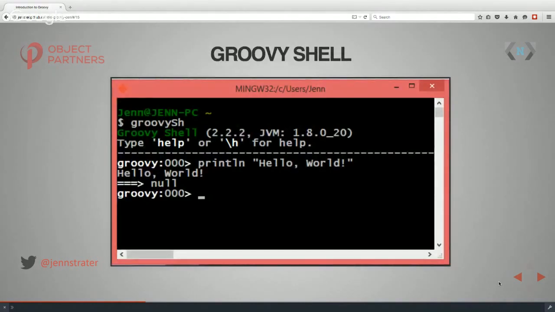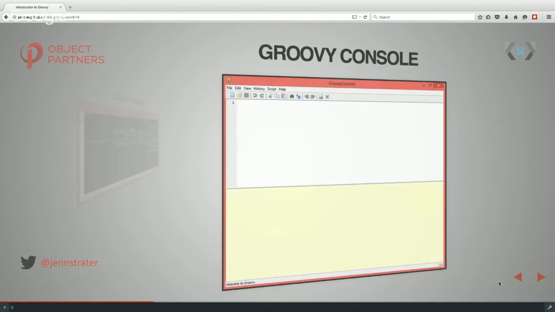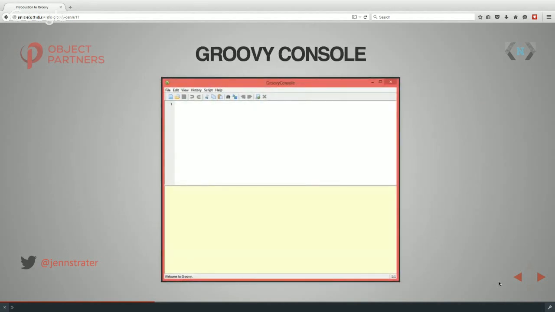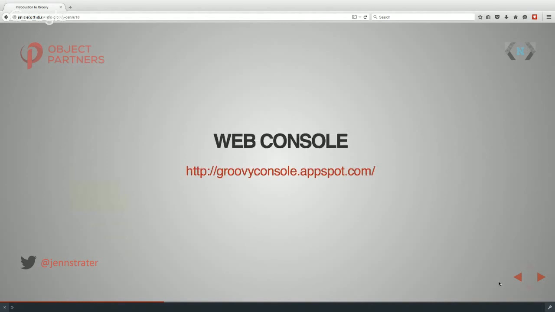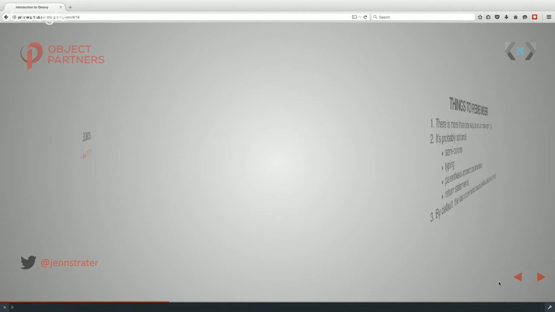Okay, so once you get Groovy downloaded and started, there is a Groovy shell. So if you just want to kind of do some quick things, but I definitely prefer the Groovy console. It's got a full UI for running kind of just test scripts. You can even save them from here and rerun them later. This is what I'm going to be using for some of my examples. I don't see anyone with their laptop out, but if you did want to go through the examples, there is a web console too, just to kind of try it and test it out.